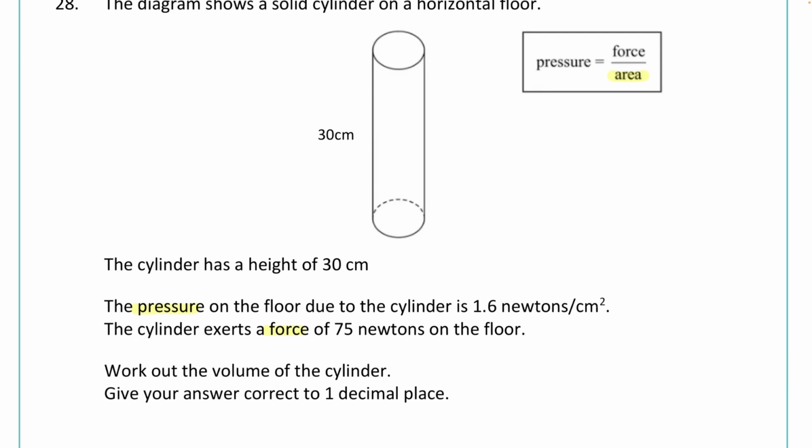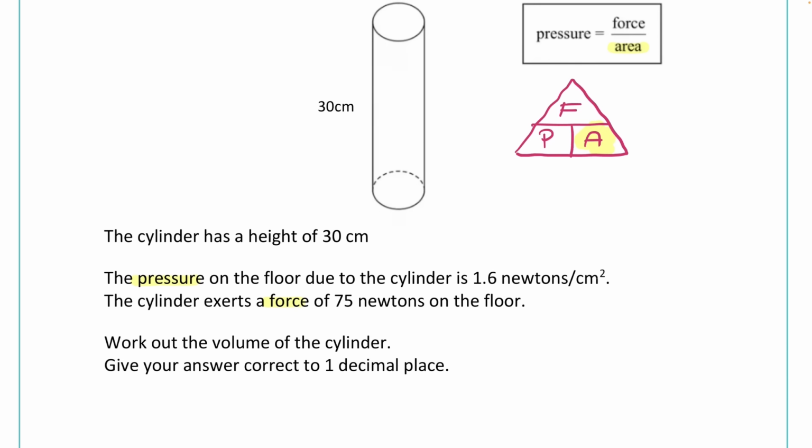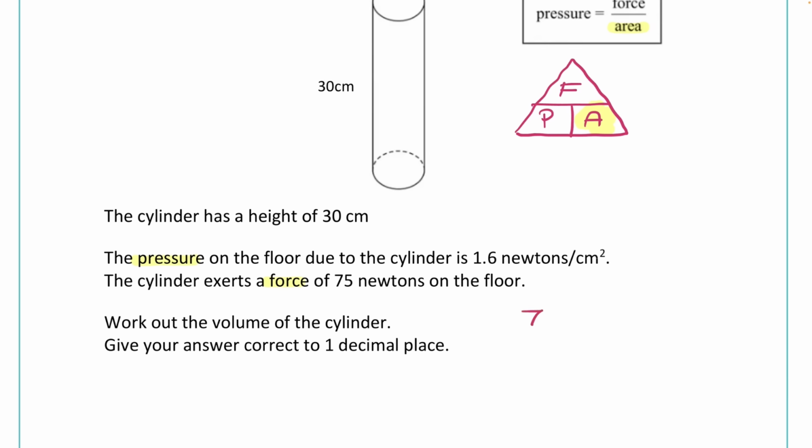You can rearrange this formula if you like, or use a formula triangle. We have the formula given to us. Pressure is equal to force divided by area. And to work out area, it's force divided by pressure. So here we have the force and the pressure. 75 is the force and 1.6 is the pressure. If we type that in, 75 divided by 1.6, that gives us